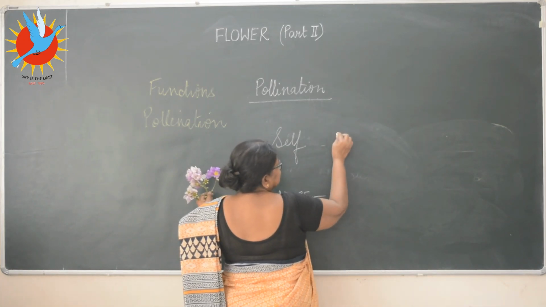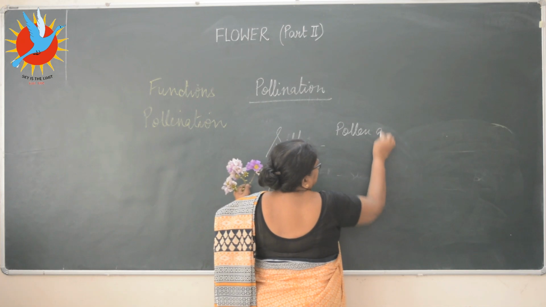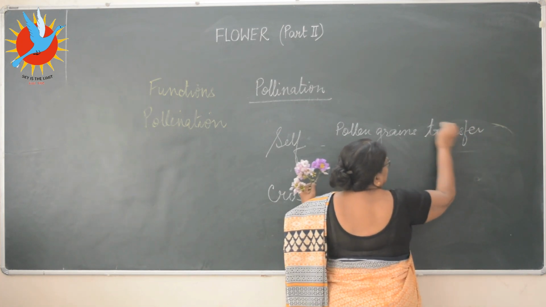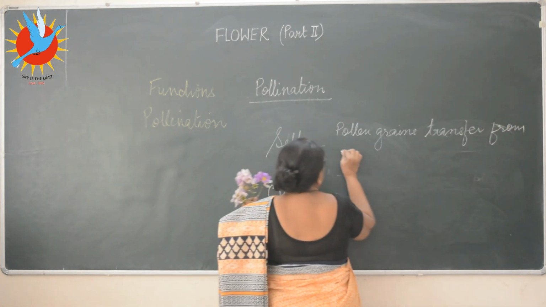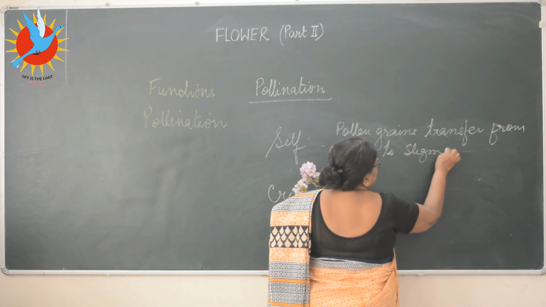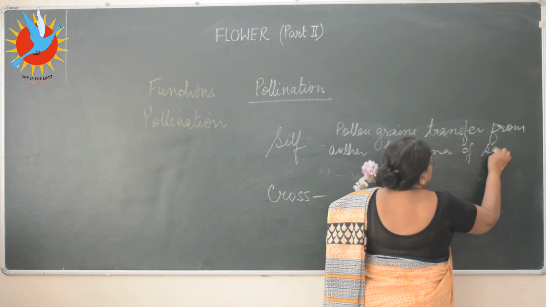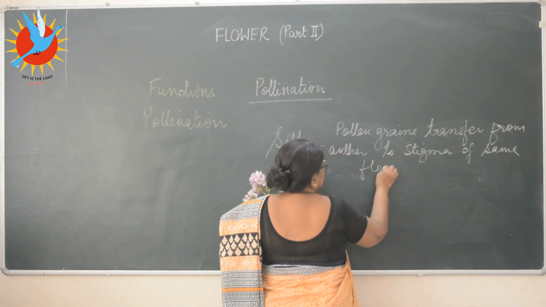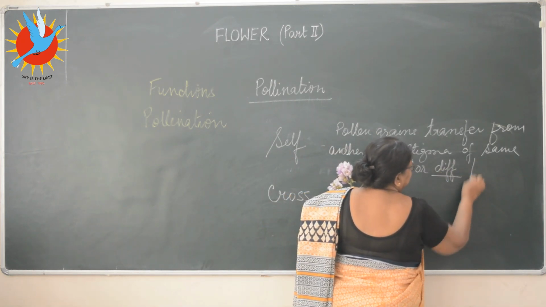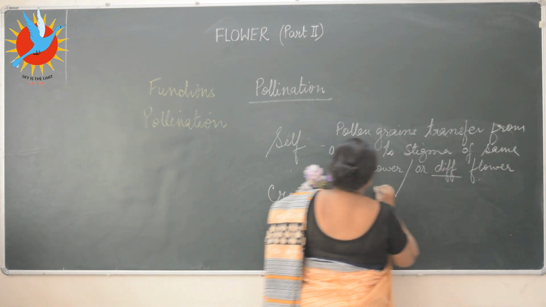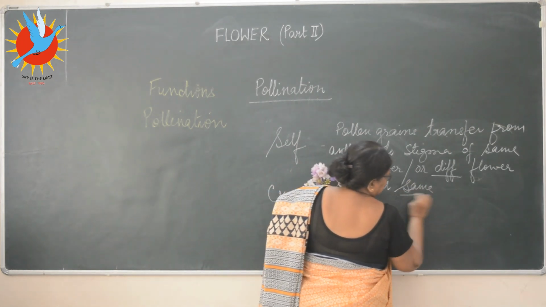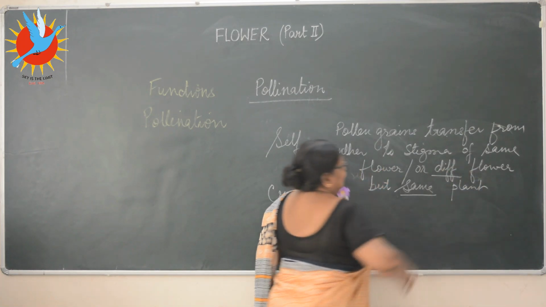So self-pollination means pollen grains transfer from anther to stigma of same flower or different flower but same plant. Now